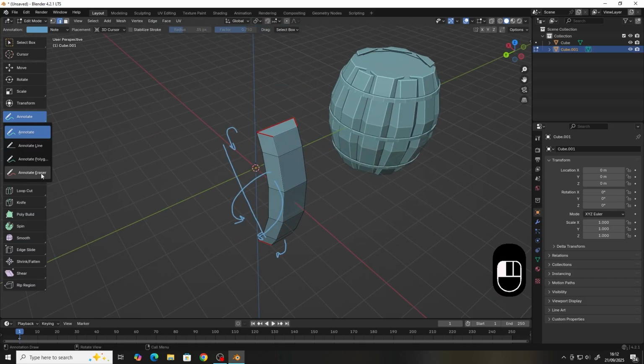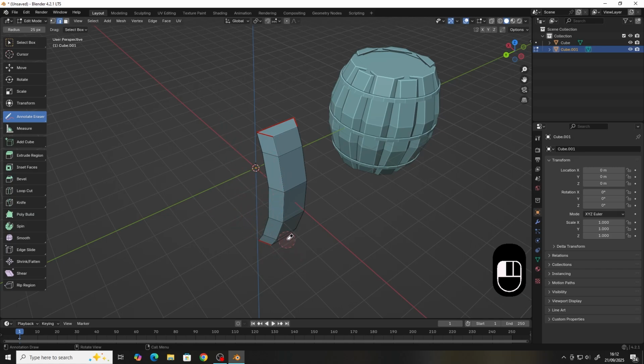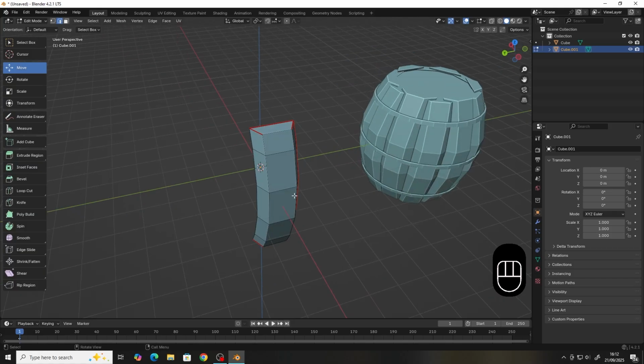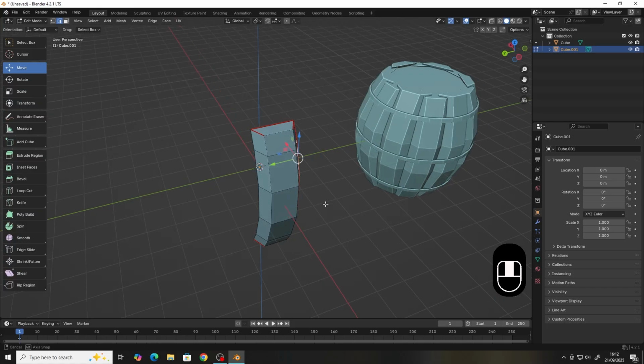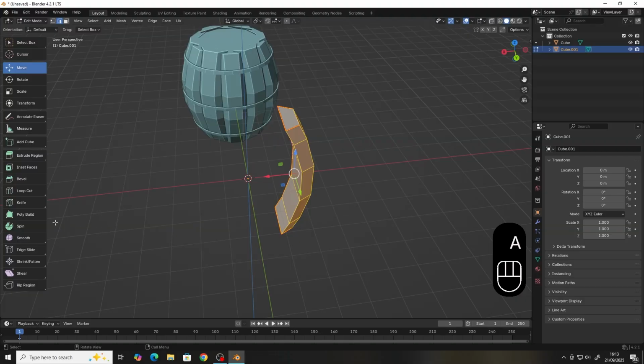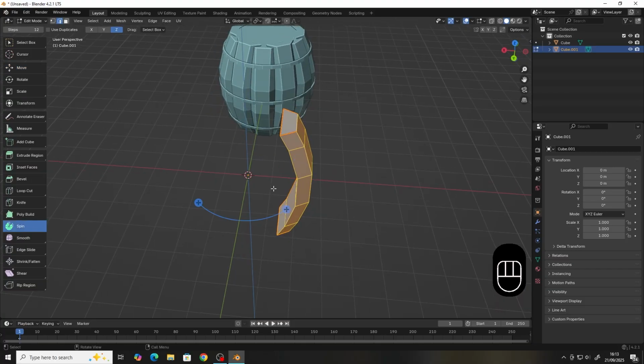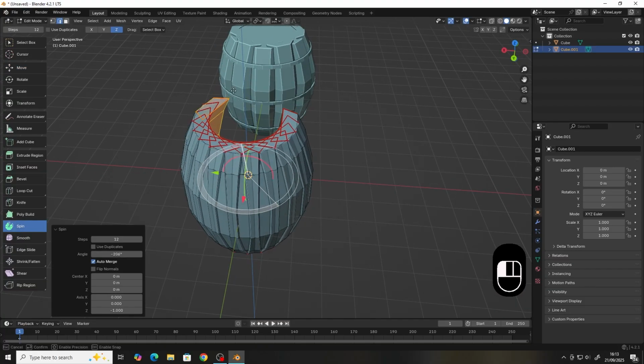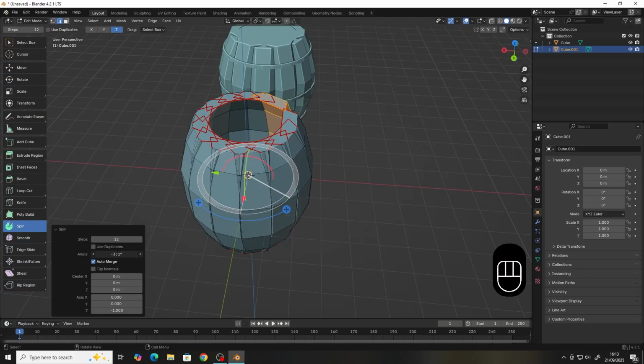Okay, so with this, it makes texturing a lot easier, and you also have to think about how you're going to UV unwrap while you're making this model as well. But here's the main point: when you spin, it duplicates this object, so it duplicates all the information that you have placed onto it. So when I spin this, let's go 12